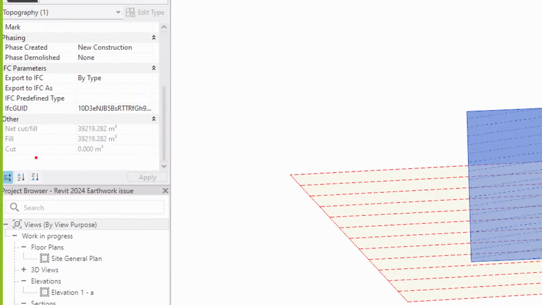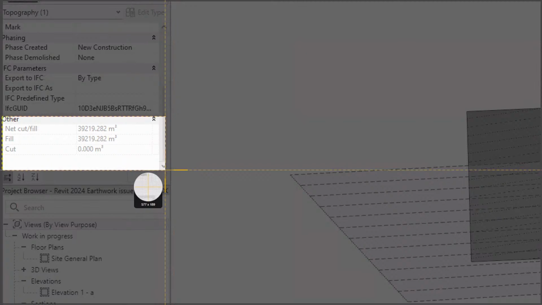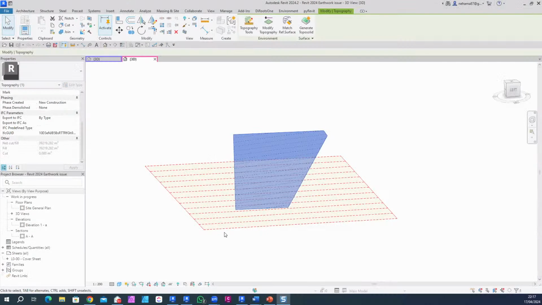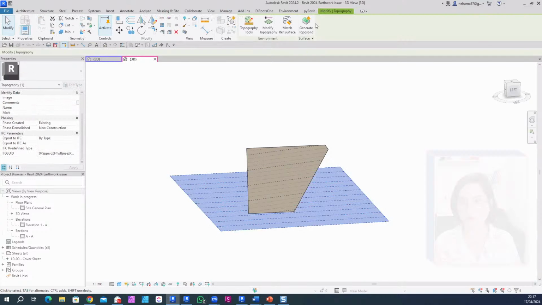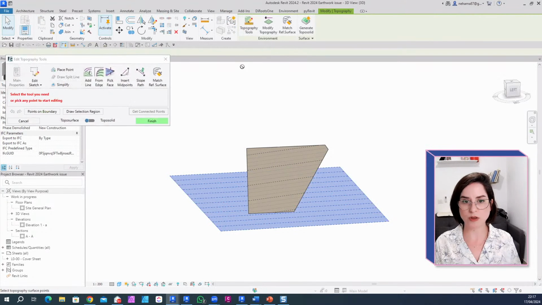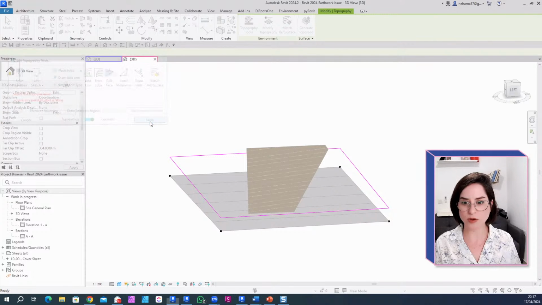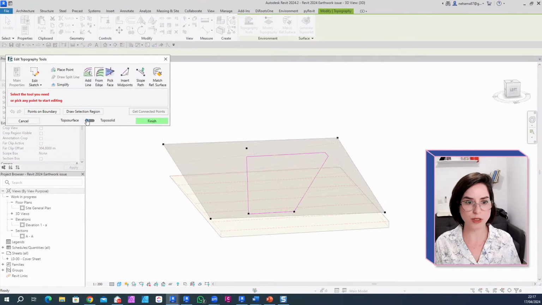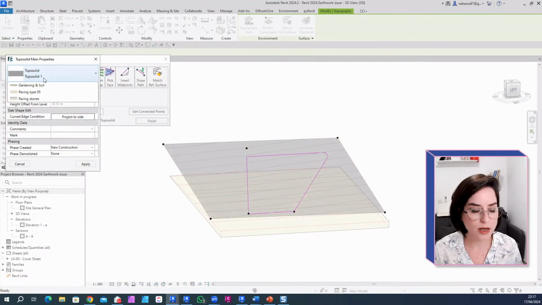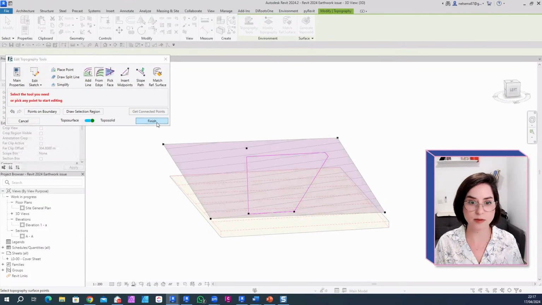So what I'm going to do now is take a snapshot of this. Remember the numbers, right? And now let's turn these things into a toposolid. I could do it with the generate toposolid. I just like to do it with the topography tools because I'm used to them and it gives me much more flexibility, right? So I'm going to make this into a toposolid, and I'm going to turn this one into a toposolid as well. And let's give it a nice type. I always like having pink elements in my design, so